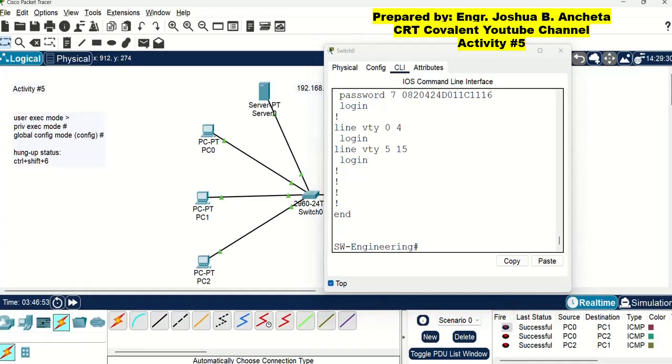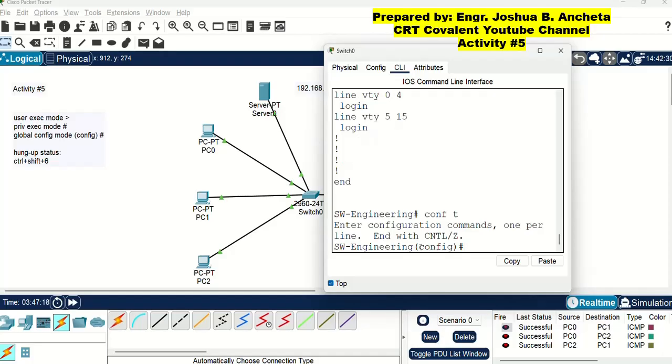Okay, so let us now use the banner command. So to use the banner command, you should be in the global configuration mode. So as you can see, the prompt is in the number sign. So this is the privilege executive mode. So we have to type conft, then press enter.